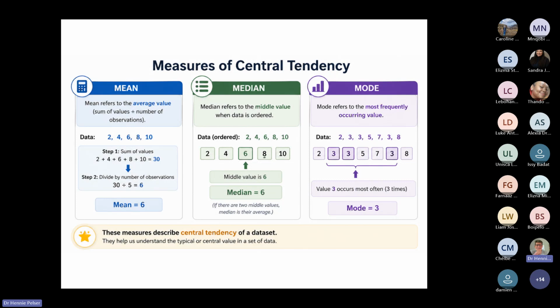So, in terms of the mean, very, very simple, guys. It's kept it very, very simple for us in terms of the explanation. I mean, there are no issues. And then showing us the middle value, which will always be your median. And then you can see the mode. The 3 is the most recurring number.